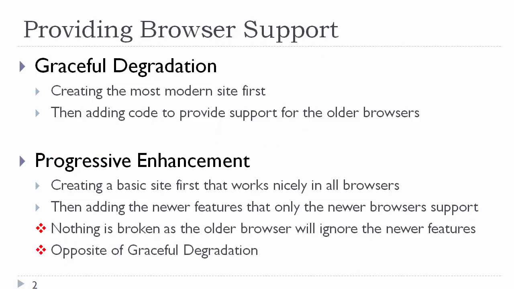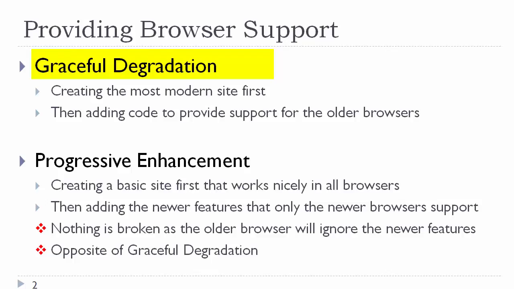Okay, a couple terms that we may have looked at earlier and that you will see in other books. Graceful degradation. This is what we did in the early days of the web. As soon as a new feature came out, we would incorporate it and our site would be the most modern as possible. And then we would realize that other browsers don't support that. So then we would need to go back in and work some rewrites or add something to support the older